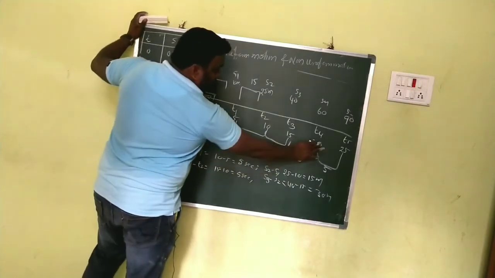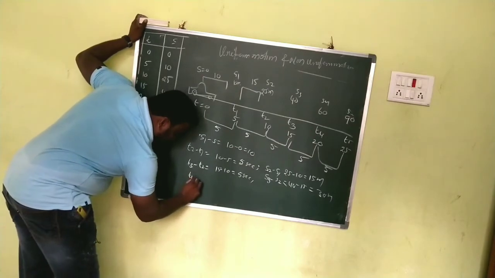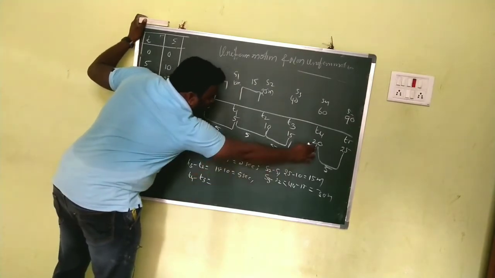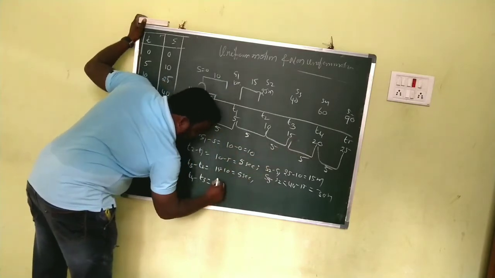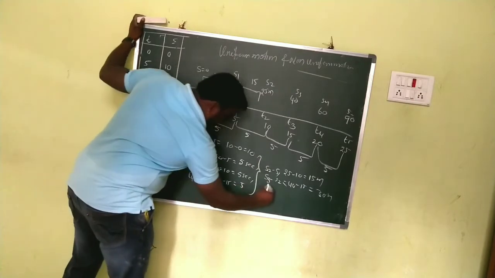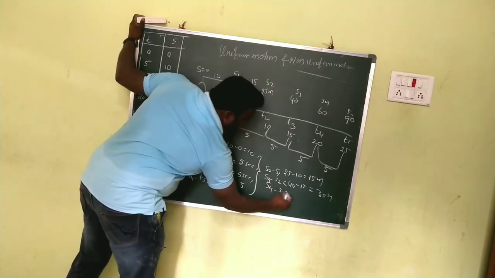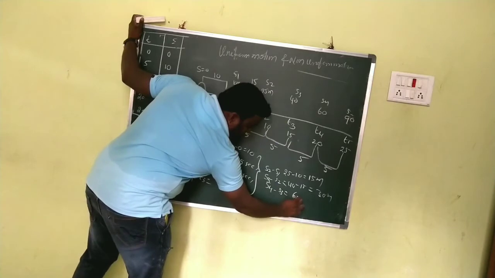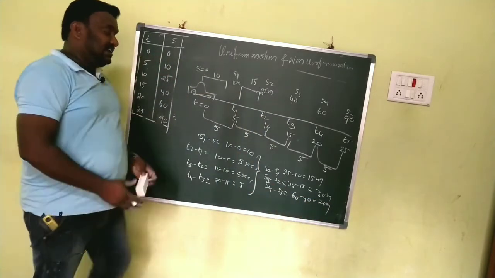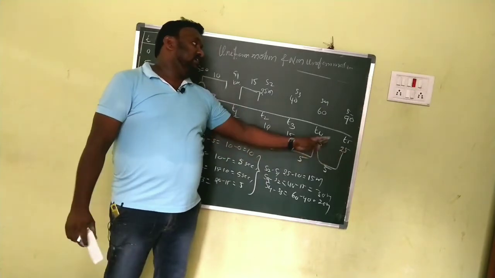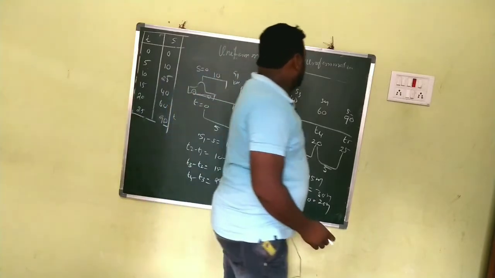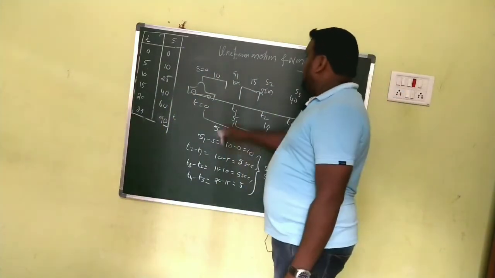Next again, T4 minus T3. That means what? 20 minus 15, that is 5. Next, for that what do you write? S4 minus S3. S4 is what? 60. 60 minus 40, how many do you get? 20. Like that. Next one is what? 25 minus 20. Then what do you get? 90 minus 60, that means how much? 30. So here now, the difference is 10.